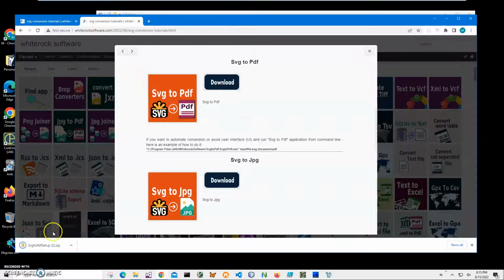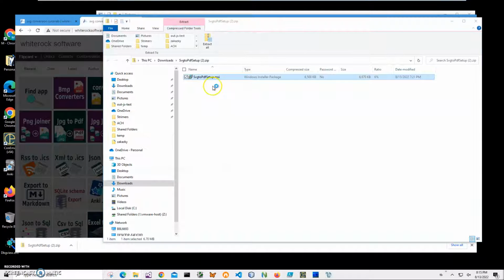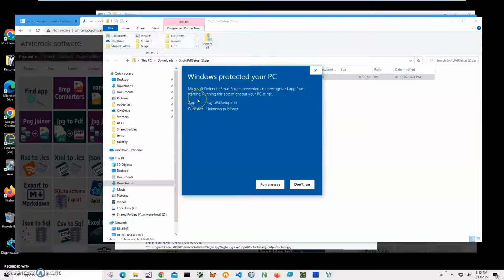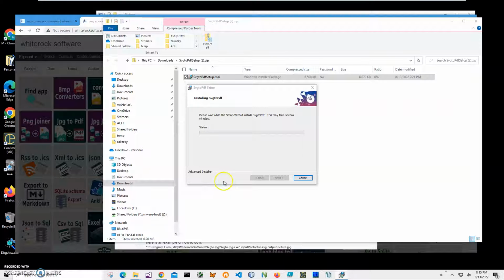Yeah, the archive has been downloaded. I'll click on the downloaded archive, double click on the MSI inside the archive to start installation, click on more info here. I'm getting this screen from Windows because I'm not a registered publisher with Microsoft. You can see publisher unknown. I'll just click run anyway to start installation,